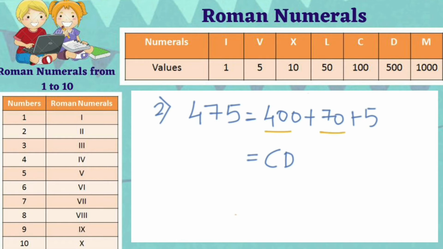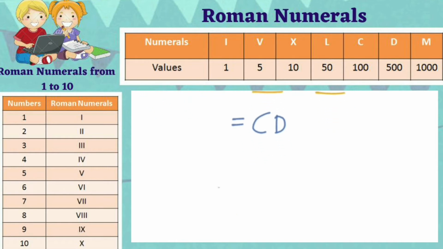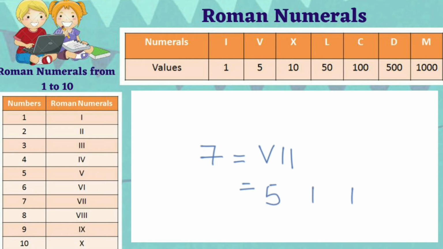Now I'll go for 70. The same trick applies over here. I was talking about 70, so I'll first write 7. Now what is the Roman numeral for 7? V and 2 times I. V represents 5 and I represents 1. So 2 times 1. I am maintaining distance so that I can add zeros over here. So 7 I am writing as it is. I'll put a 0 because I am talking about 70. Same thing, I'll start putting zeros to each number.